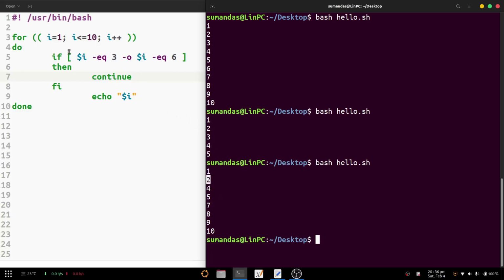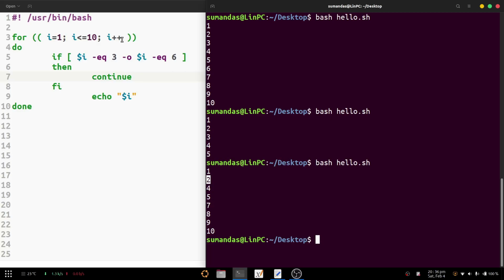Now i is equal to 3, that means 3 is equal to 3, that condition is true. So then continue, that means simply the echo $i is not executing here. The next iteration is happening, that means i++,